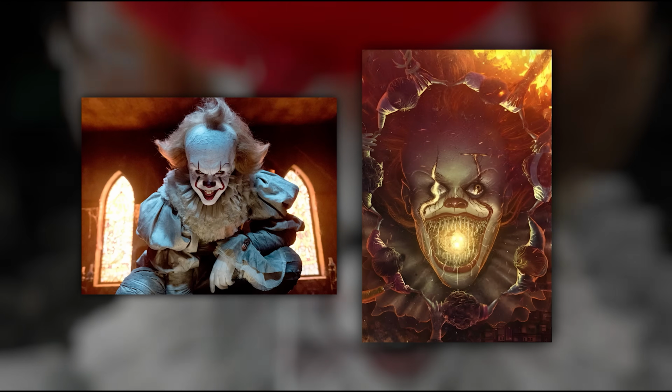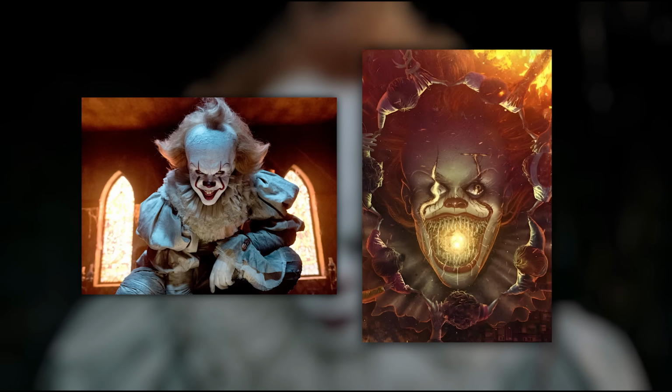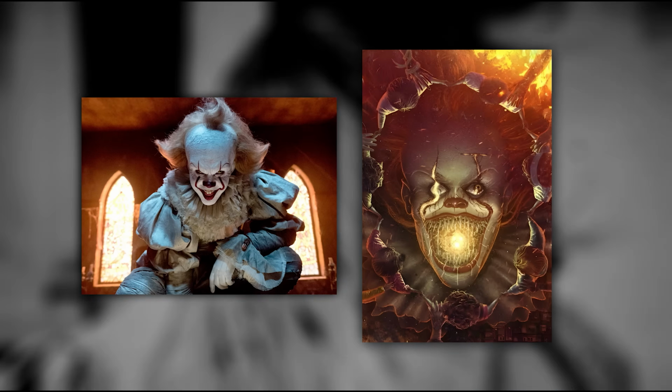Each version escalates his power dramatically, and by the end, you'll understand what Pennywise really is and where his power